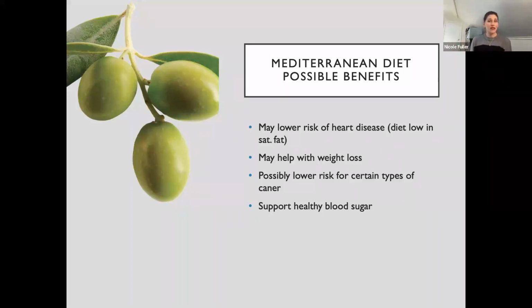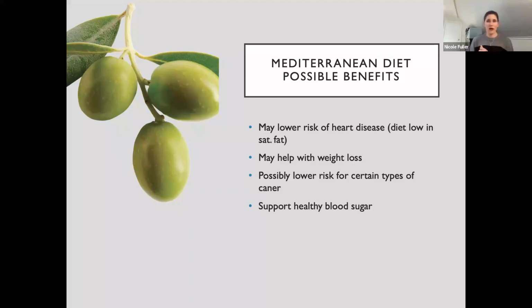It may lower the risk of heart disease because the diet is low in saturated fat. You're not eating a ton of animal protein. And when you do, it's usually fish, nuts and seeds, which are high in omega-3 fatty acids, which is good for our heart. It may help with weight loss. And again, because it's heavily plant-based, it may lower the risk of certain types of cancer,